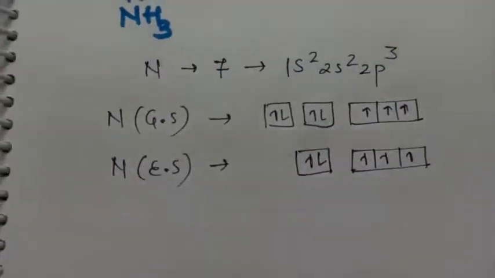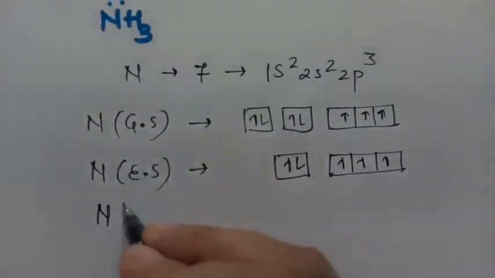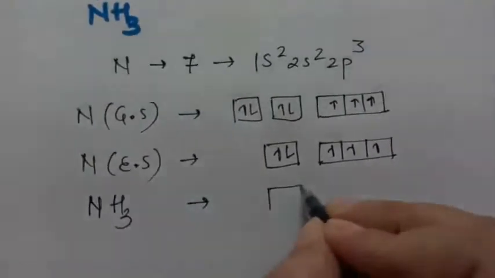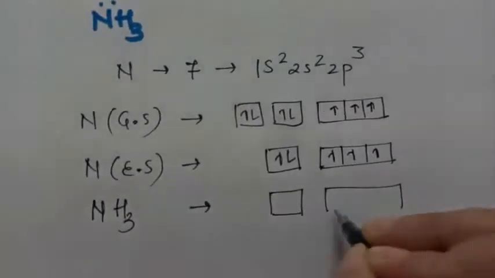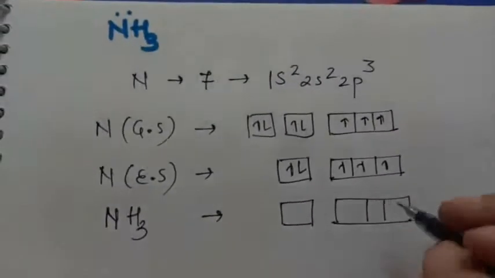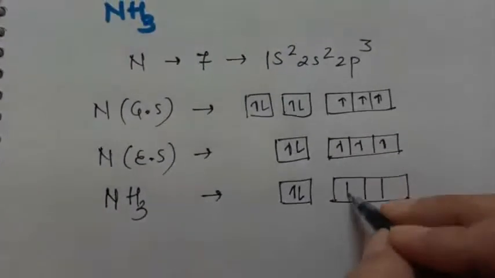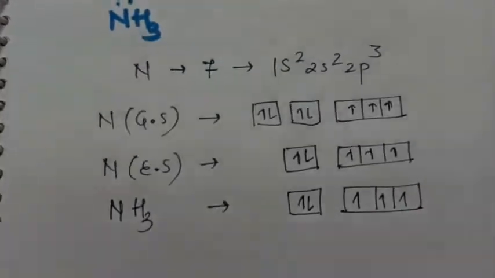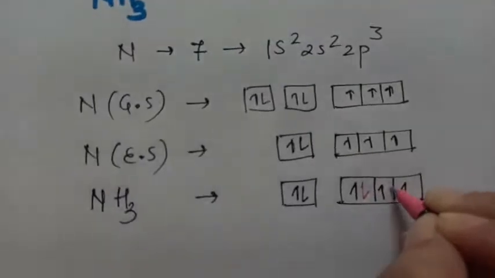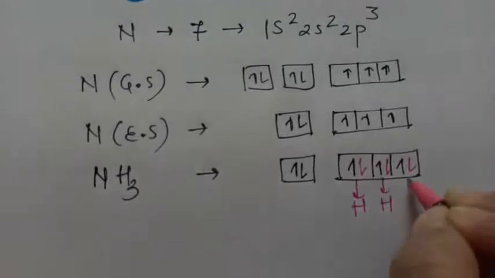Now the last and final step, that is again very easy. When nitrogen is like this, it will attract 3 hydrogen, and now this will be the case. This step is very important because here something is going to be different as compared to the last methane. See, these 2 electrons are as it is. Then 3 black electrons are of nitrogen, and then these pink ones are of hydrogen. 3 hydrogens came, so they came and kept the electrons here.